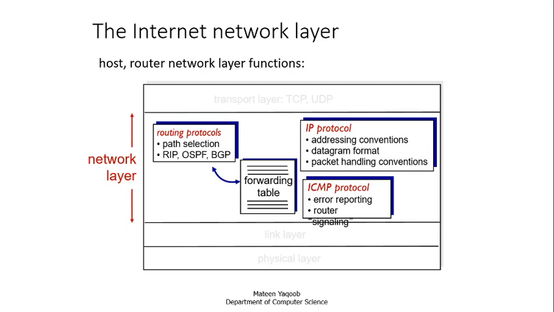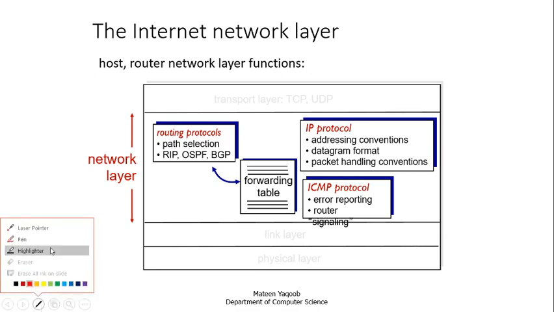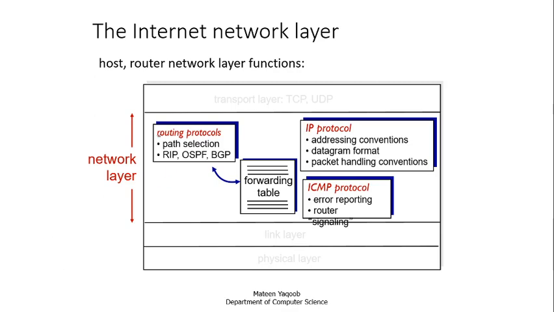In the network layer there will be routing and forwarding of packets. The routing will be done using routing protocols, and the routing algorithm or protocol will determine the forwarding table. Based on the routing algorithm, a forwarding table will be computed, and then the packets will be forwarded onto a particular outgoing interface of a router. So path selection is done, the best or optimal path is selected using a routing algorithm.